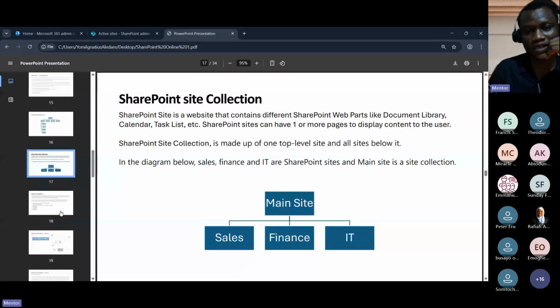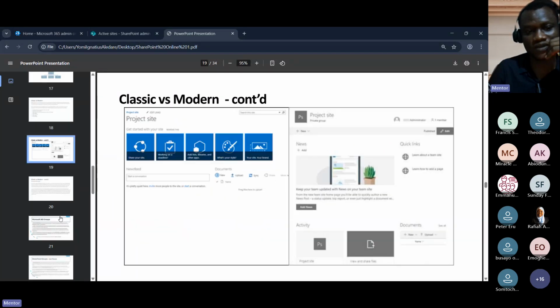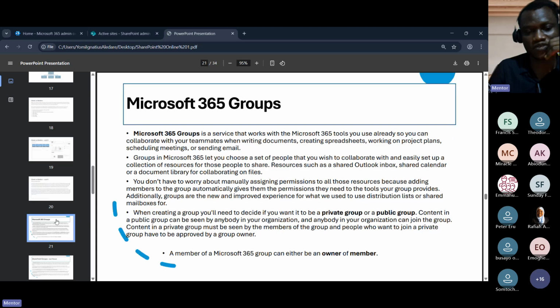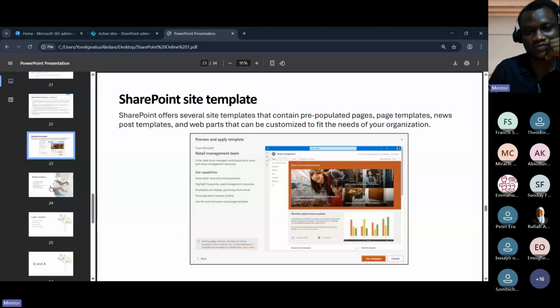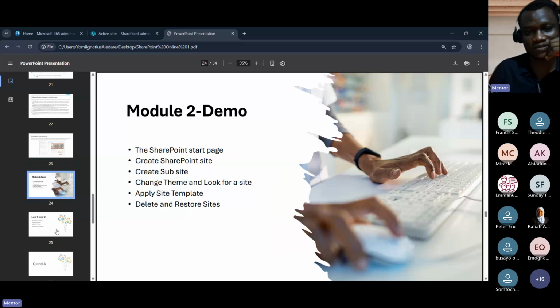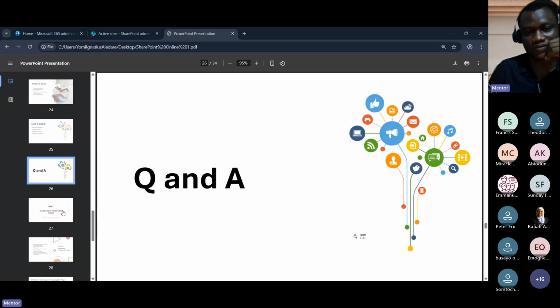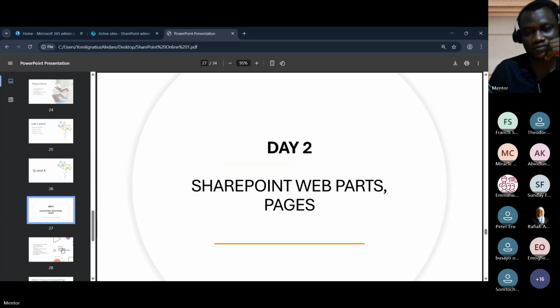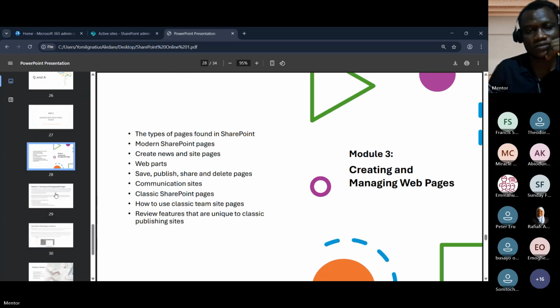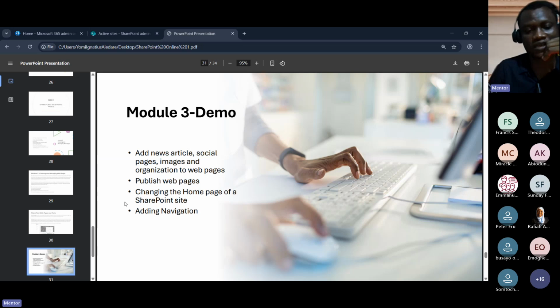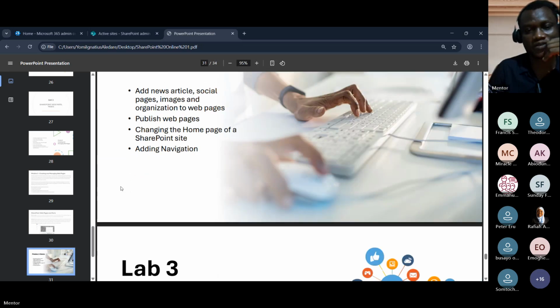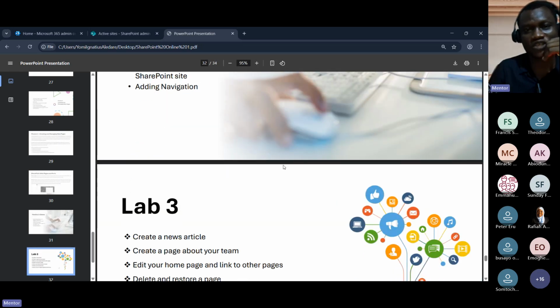Okay, so I think I've been able to summarize SharePoint. Somebody was asking me to explain the storage. Okay, so I was saying that